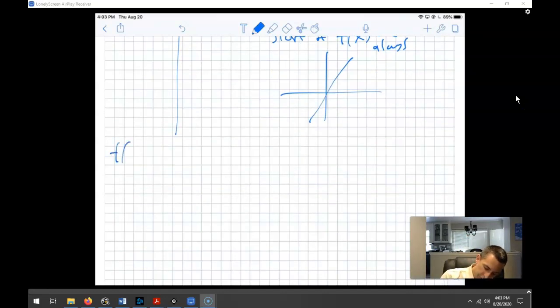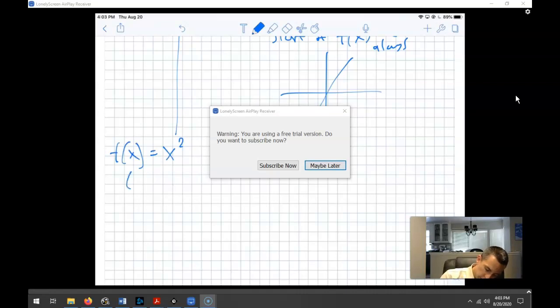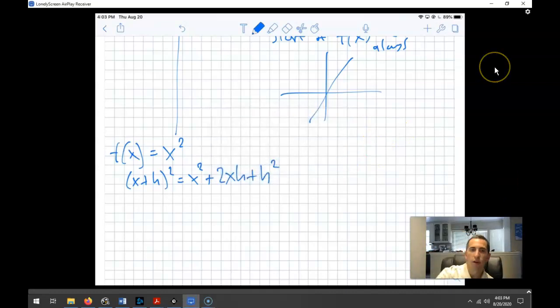Next up, what if we had the function x squared? So if you did f of x plus h, x plus h squared is x squared plus 2xh plus h squared. Okay, oops, sorry about that. So you can see how cheap I am. So anyway, going from there,